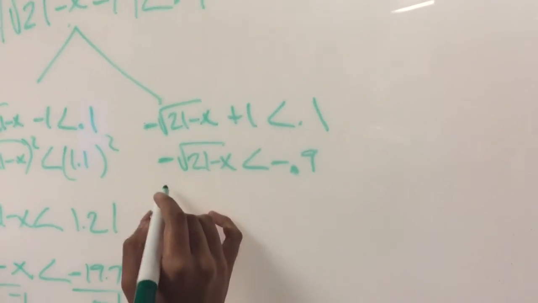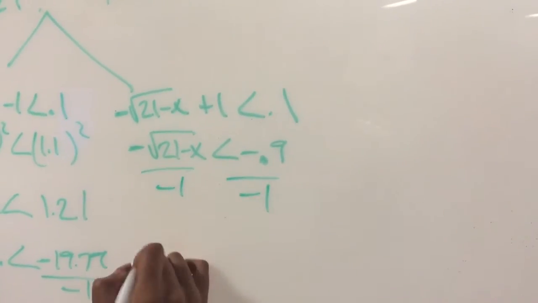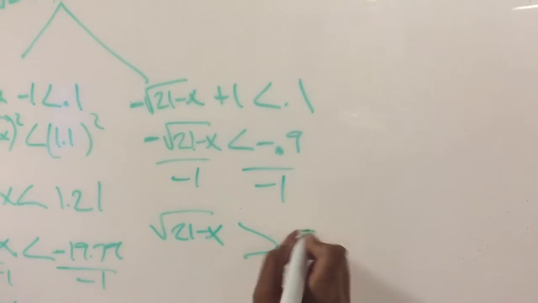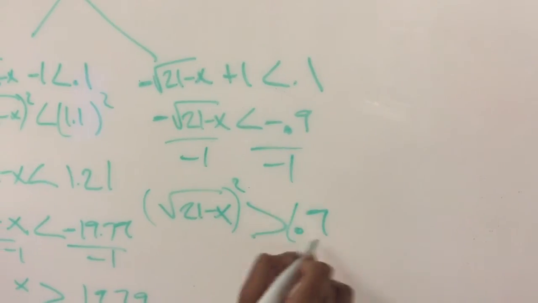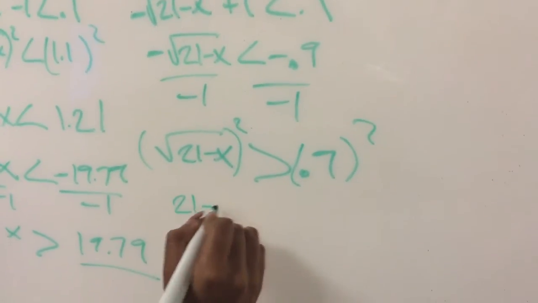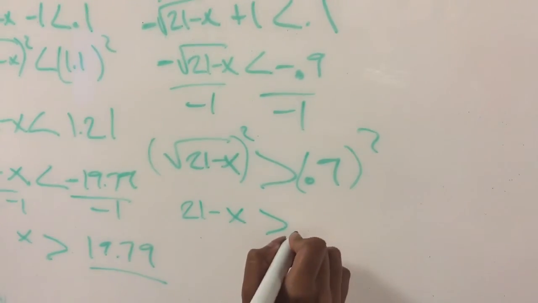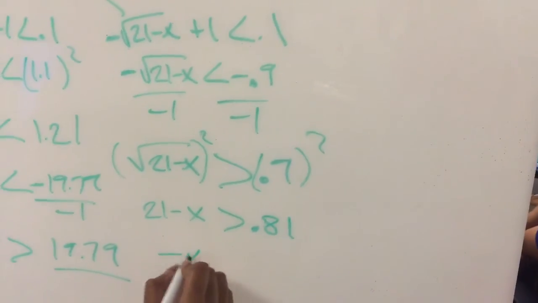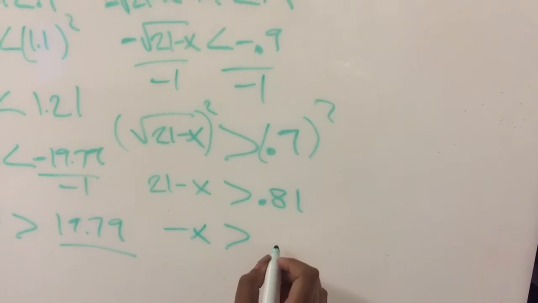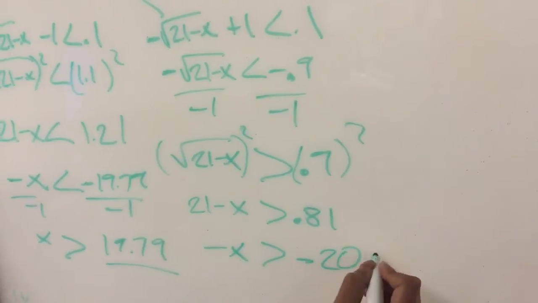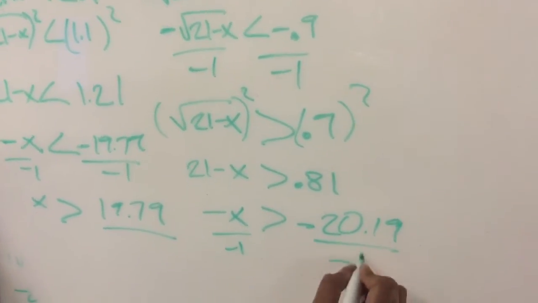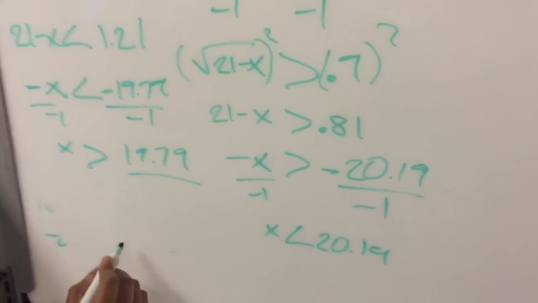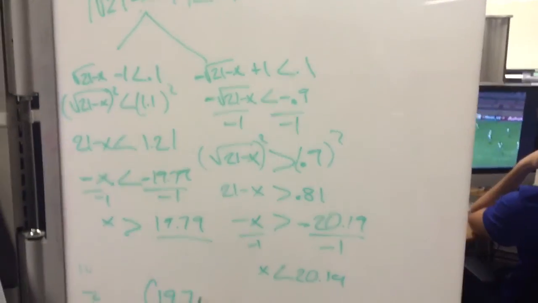So you'll have the square root of 21 minus x, flip the sign again, less than 0.9, then square each side, 21 minus x less than 0.81, then subtract 21, and divide by negative 1. So your two values will be 19.79